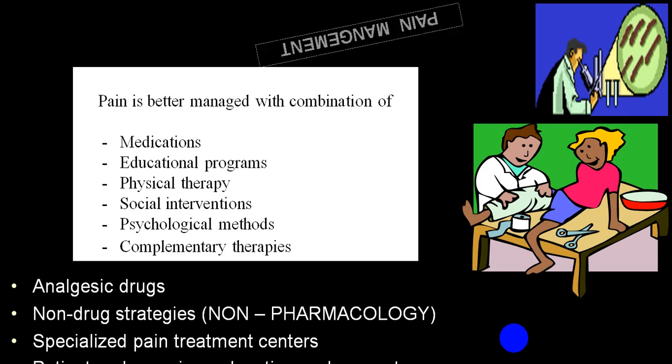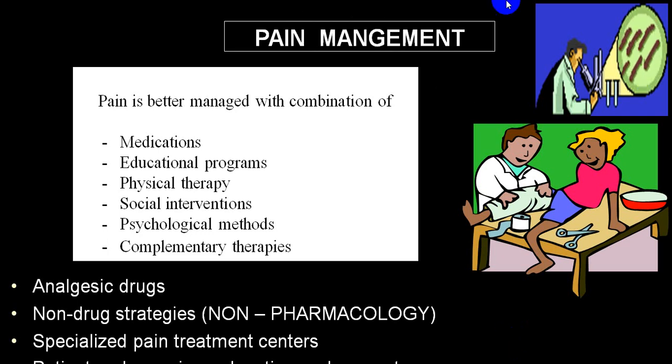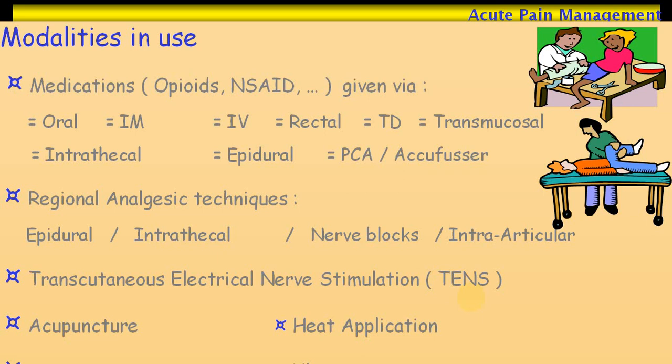So for pain management, we have one, medications, and we have a lot of other things which can be complementary, like education, physical therapy, what we call physiotherapy, social intervention, psychological psychotherapy, complementary therapy, etc. So we divide into drugs and non-pharmacological therapy. Non-pharmacological therapy is also very useful, but it is more useful in chronic pain rather than acute pain. In acute pain, very few